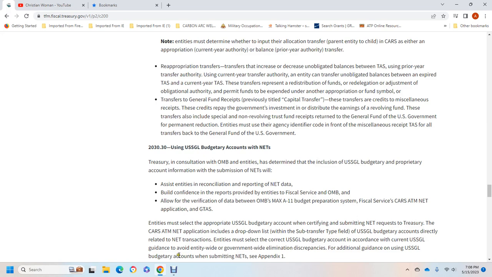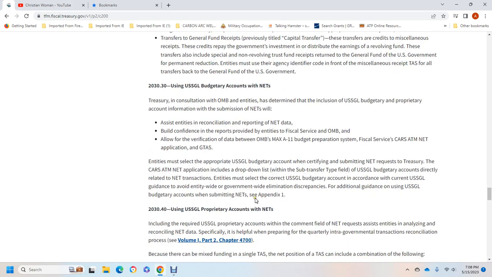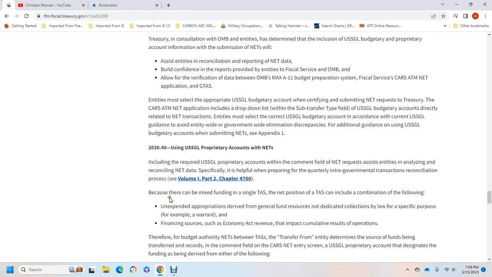the USSGL account, which is avoided as needed with the government-wide elimination scripts, and see additional guidance with the USSGL budgetary account submitting with the net and its Appendix 1. 2030-40, for using the USSGL proprietary account with the non-expenditure transfer, the request the entity must analyze the requirement. Concealing the non-expenditure transfer data swiftly helps with preparing the quarterly intragovernmental transaction reconciliation process because these are mixed funds